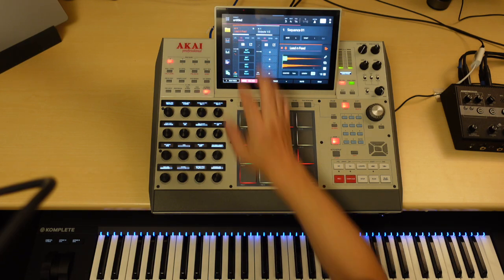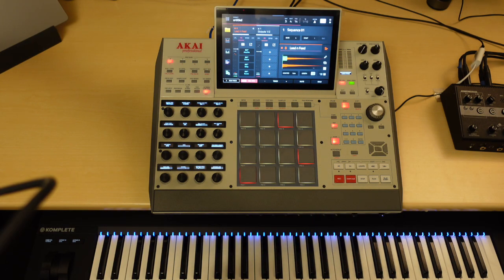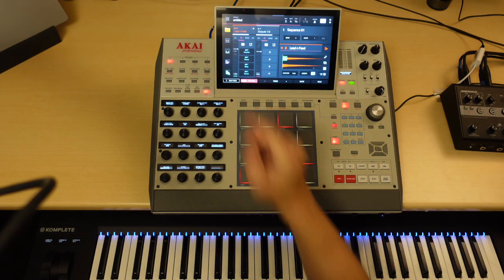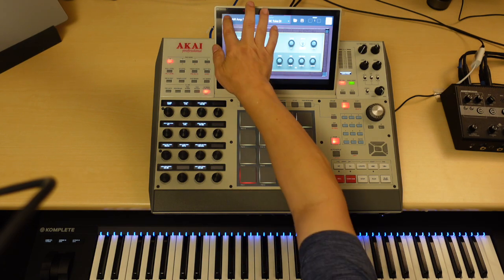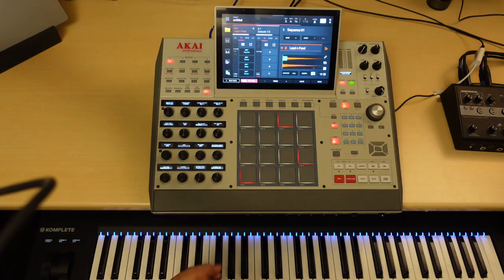And again, these are all using processing within the MPC itself. Here's the amp simulator that I used. So the idea is that you can turn all the effects off or change all the effects in any of